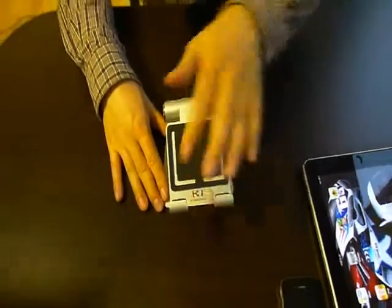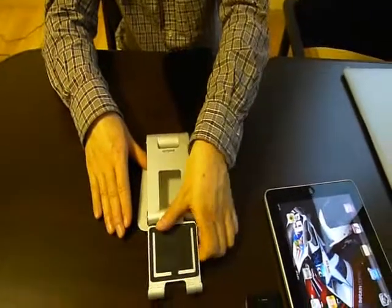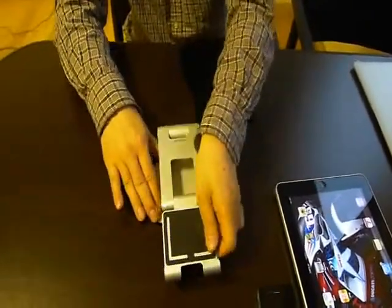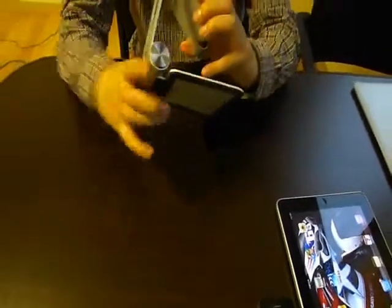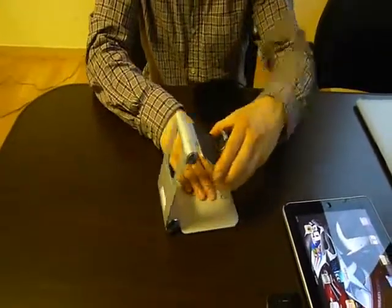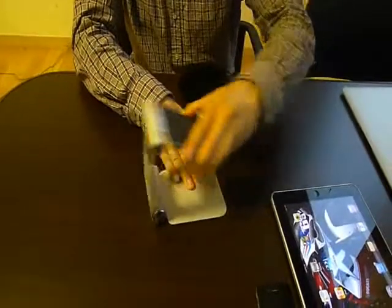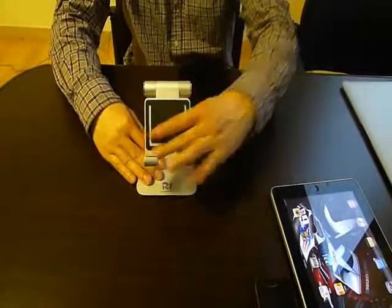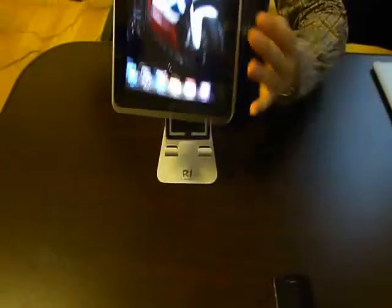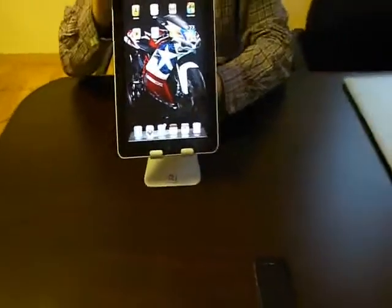And as you can see, it's easily adjustable to any angle. Very easy to use. And with the hinge technology, you get freedom of motion, freedom of movement to adjust at any angle you'd like. So I'll demonstrate now with the iPad. As you can see,